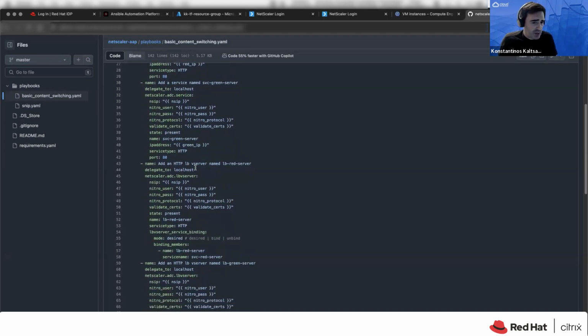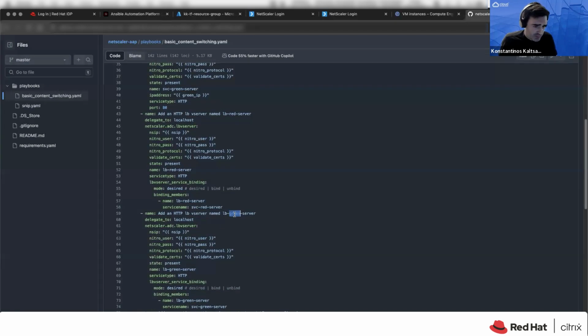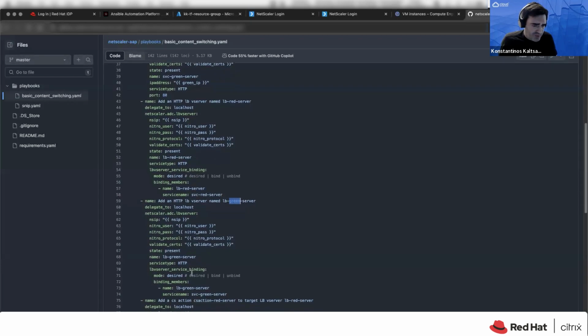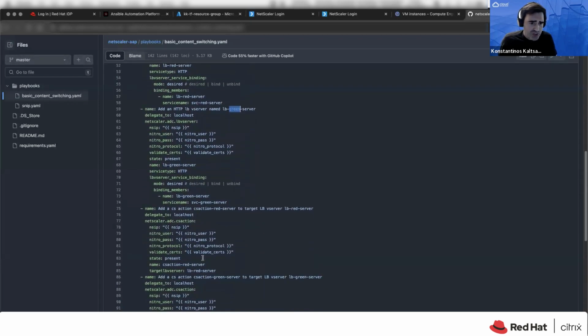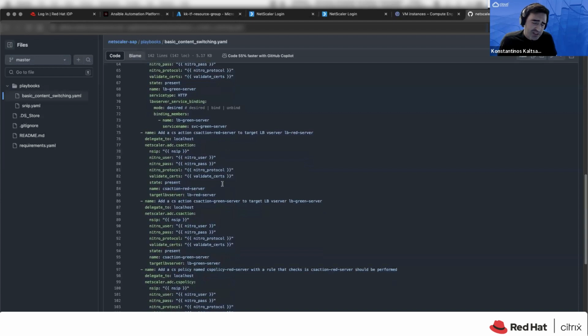Then I have created a load balancing virtual server for the red application and another one for the green application. And for each one of these, I'm basically using the defaults. In addition to that, I have created a number of content switching actions. So I'm basically saying if a certain rule is satisfied, then use this action.